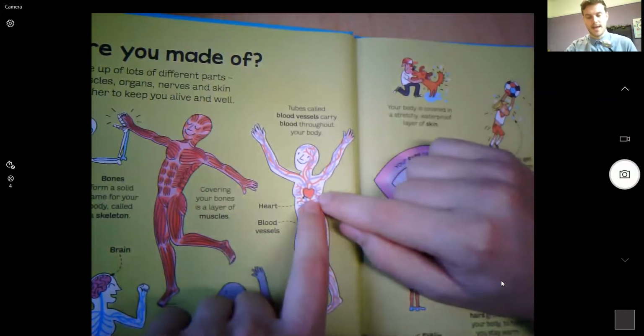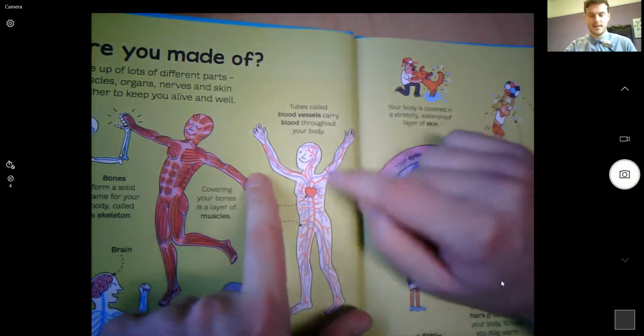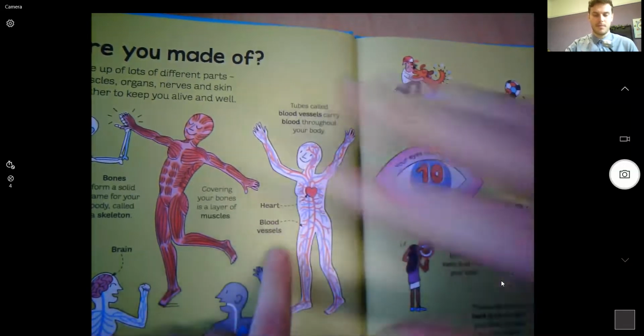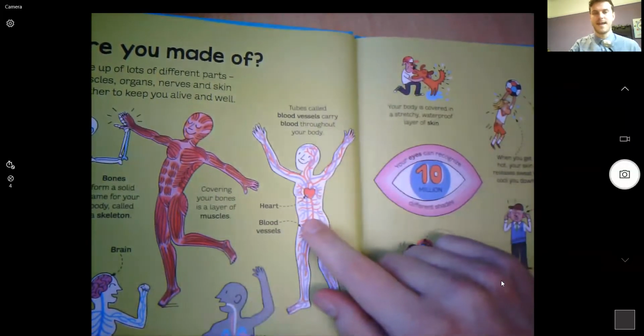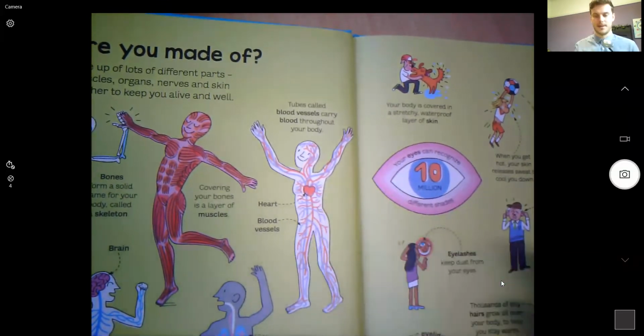And from the heart, we have blood vessels. Now these send the blood around the body. They pump the blood from the heart around the body. We've got veins and we've got arteries. They are also included. So on your human body template, you should have